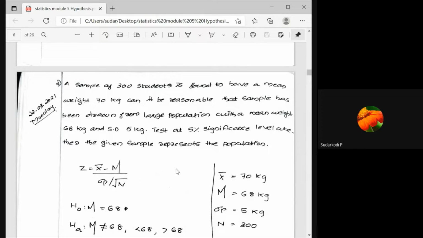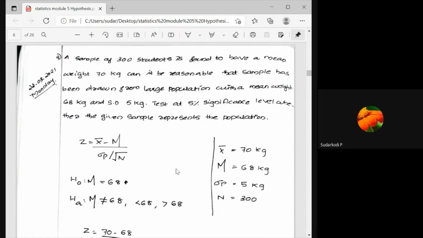Okay, so suppose in exam this question is asked. In the question, they will not mention whether you have to do Z test or T test. What all information is given in the question, based upon that we only have to assume whether we have to do Z test or T test. In none of the questions will they say do Z test or do T test. So first we have to check what all data is given.